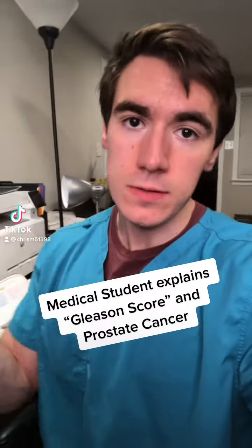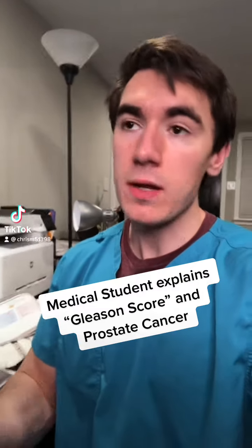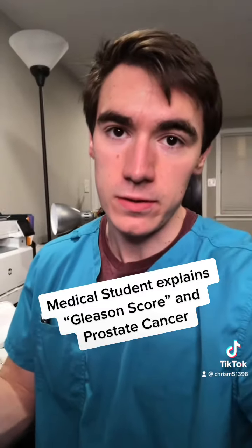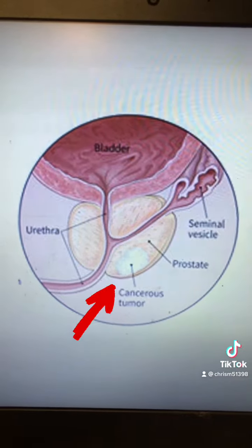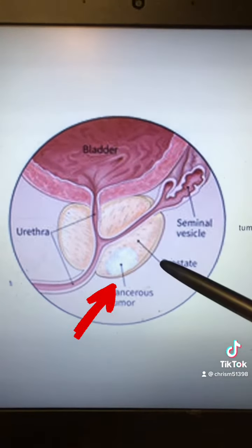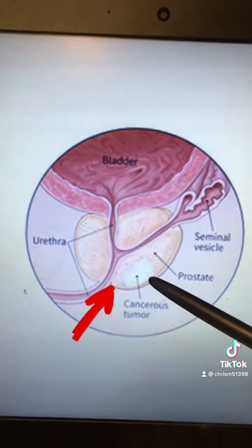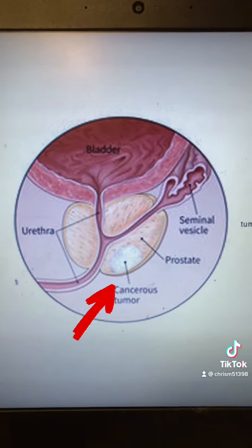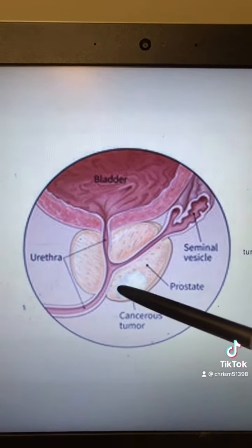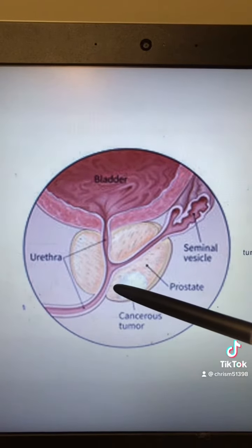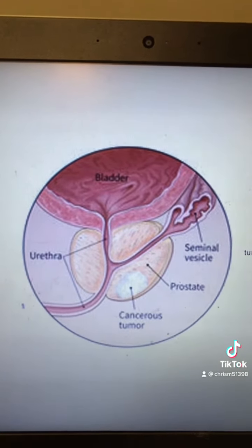Something that confuses a lot of people that follow me, as well as many providers and especially medical students, is the Gleason score, which is basically a grading system for prostate cancer. Prostate cancer is essentially an uncontrolled proliferation of prostate glandular cells. This can cause problems because uncontrolled growth can locally invade and destroy the prostate. It can also invade and impinge on the urethra, or it could metastasize and spread to other parts of the